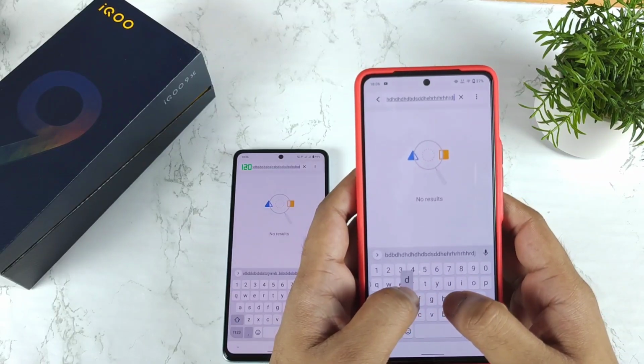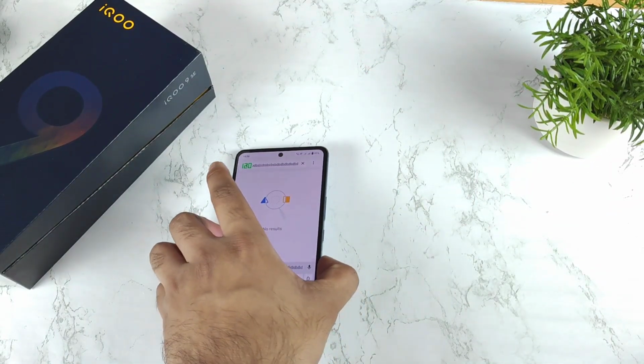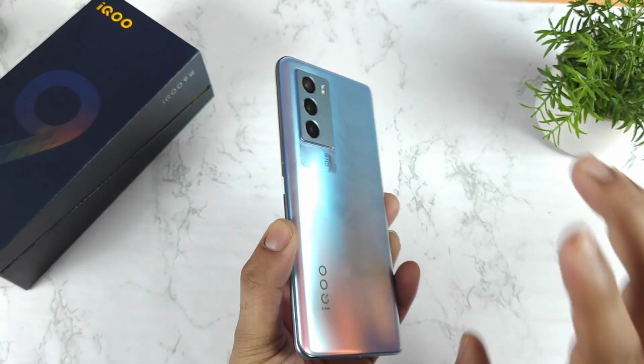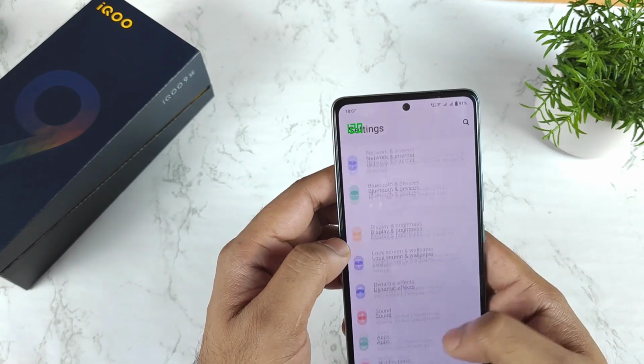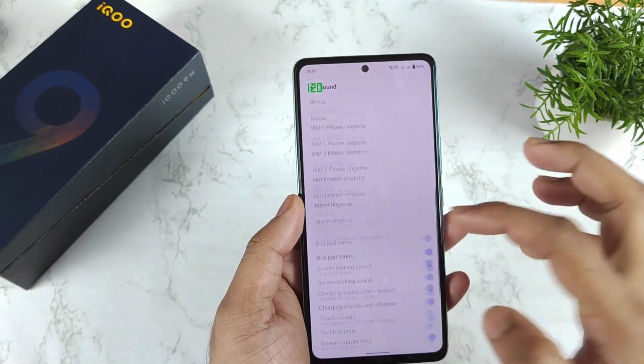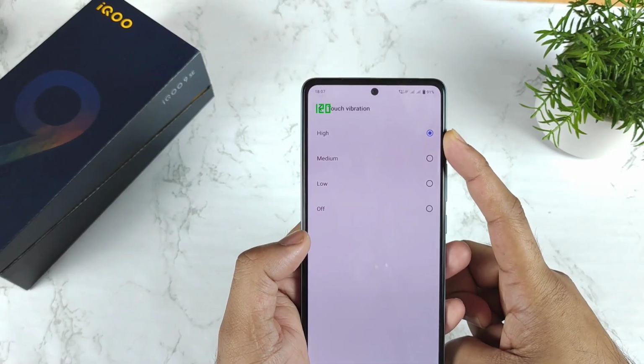There's very strong haptic feedback in the iQOO 7 device, one of the strongest I would say. But when compared with the iQOO 7, this iQOO 9 SE doesn't feel that much strong haptic feedback. So I'm not sure what has happened with this iQOO phone especially. Even I did try to use the highest touch vibrations as possible, as you can see, but